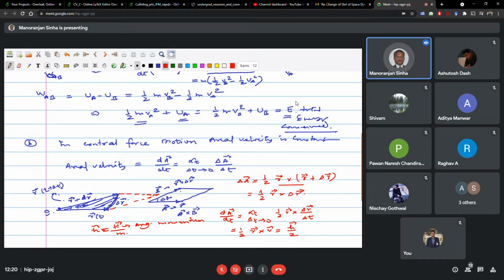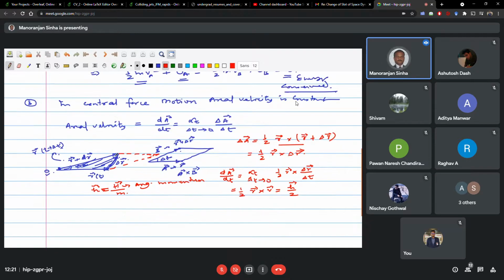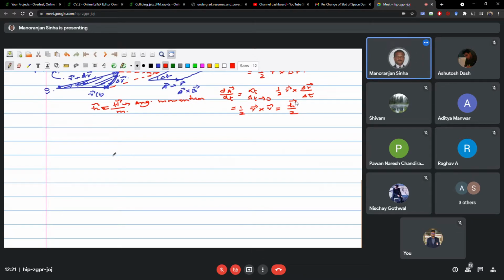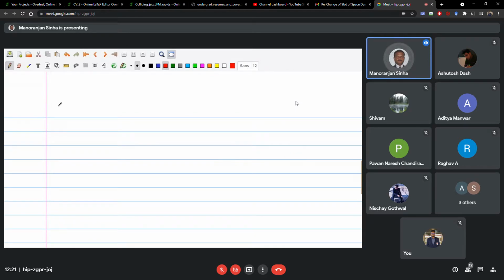So thus we have looked into the three basic properties of the central force motion, and this is going to be of great help in solving the problem. Now central force motion can be attractive, it can be repulsive, anything can happen. A different kind of central force, like the gravitational central force motion, is the inverse square law, it can be cubic, it can be proportional to R, whatever. And accordingly, your results will change.